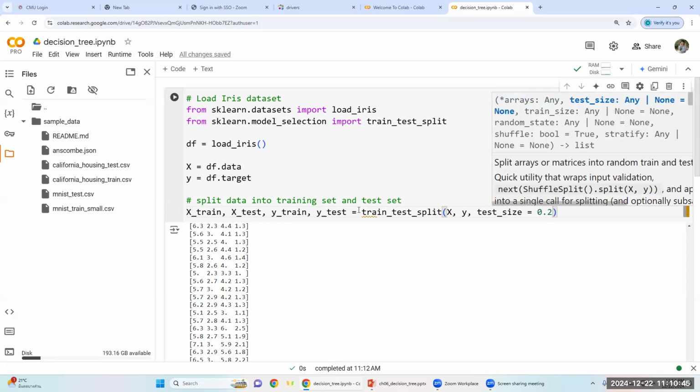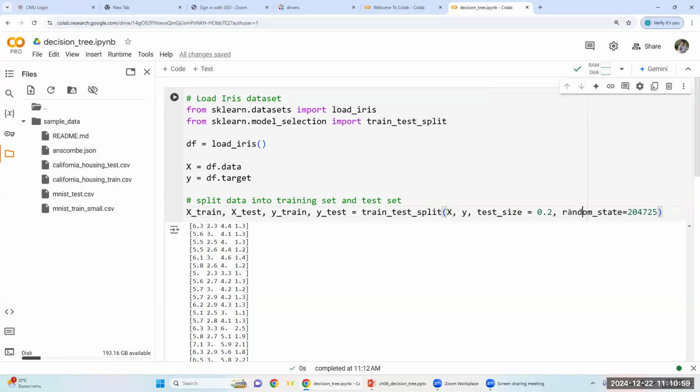Normally I pick between 0.2 to 0.4, somewhere around that. And then I do random_state equal to, let's say, 42705, right? So when we run with the same random state, we will have the same training set and test set,